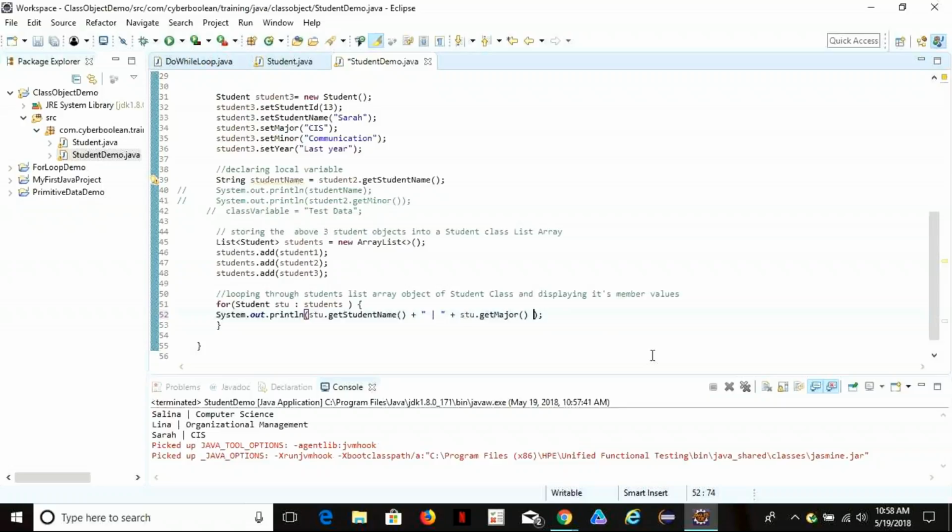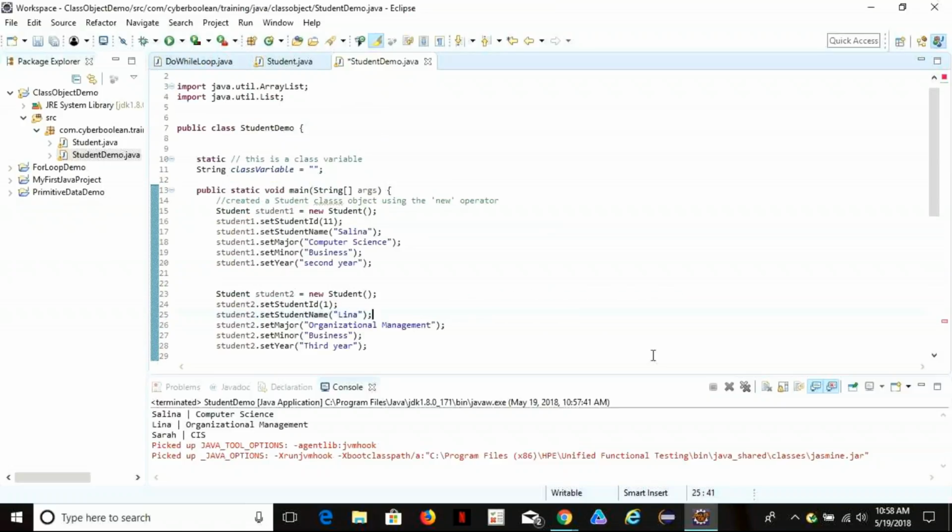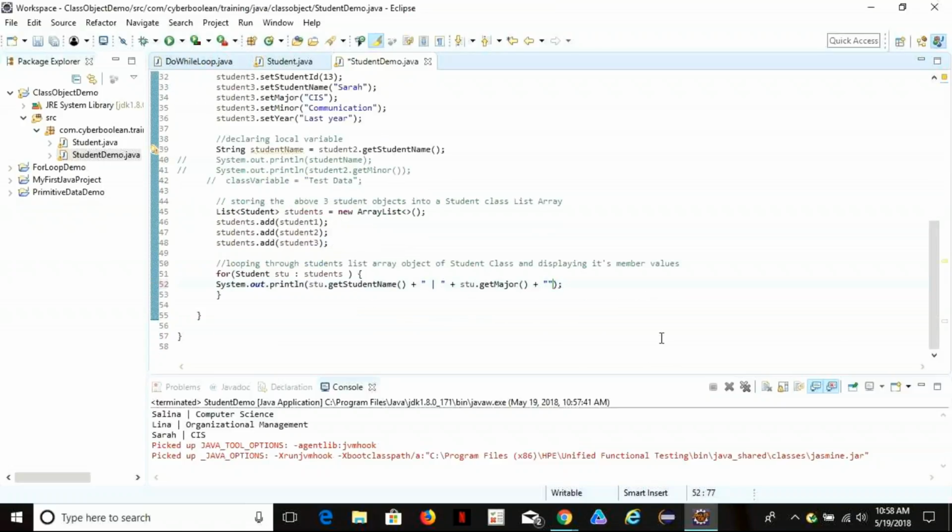Space, plus. You have to remember plus is append, and then double quote and put a space in it, and a bar, and a space, the same way. Otherwise, it will go together. It will be attached. And after the double quote, plus space,